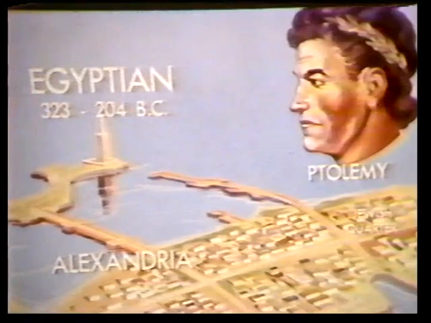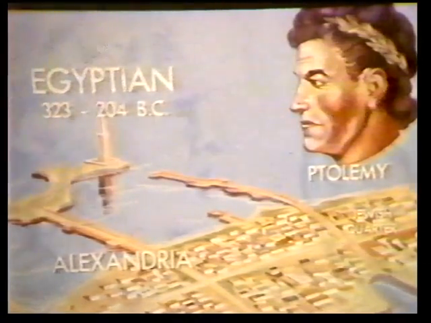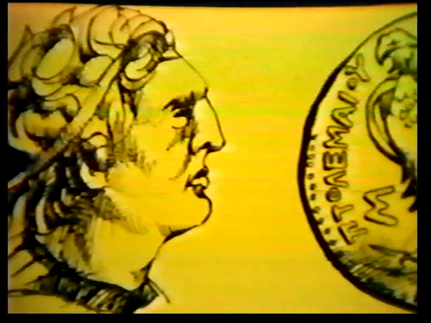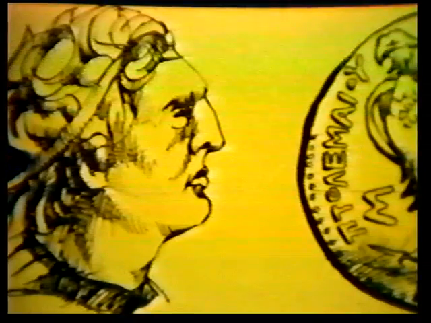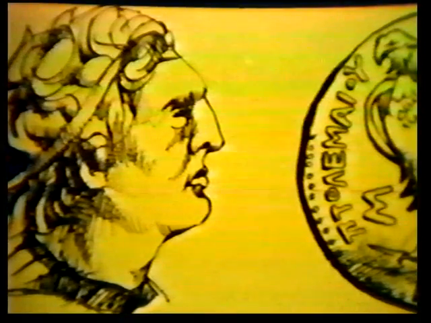Ptolemy and his successors controlled Palestine from 320 to 198 BC, although the land changed hands several times during that period. The most notable ruler during the Ptolemaic period was Ptolemy II, who ruled from 285 to 247 BC. His was a very constructive reign. He built a tremendous library in Alexandria and stocked it with the leading literature of all the nations in the kingdom. He was also responsible for one of the 7 wonders of the ancient world, the lighthouse on the island